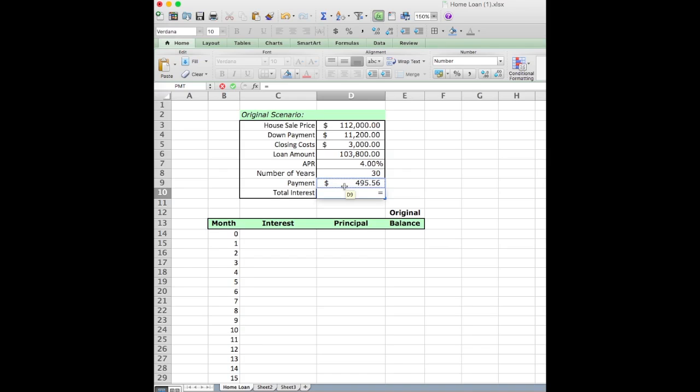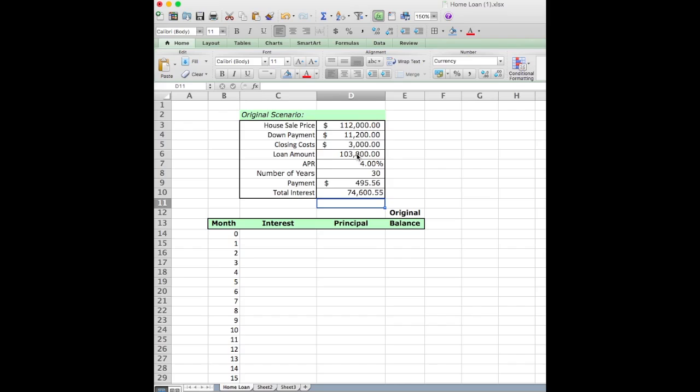Well, we're going to take the amount of our monthly payment, and we're going to times that by the number of years for our loan, and we're going to times that by 12 because that's a monthly payment. That'll give us the total amount that we pay for the loan, and then I'm going to subtract off the original loan amount, and whatever's left over should be the interest that we paid. So I hit enter,